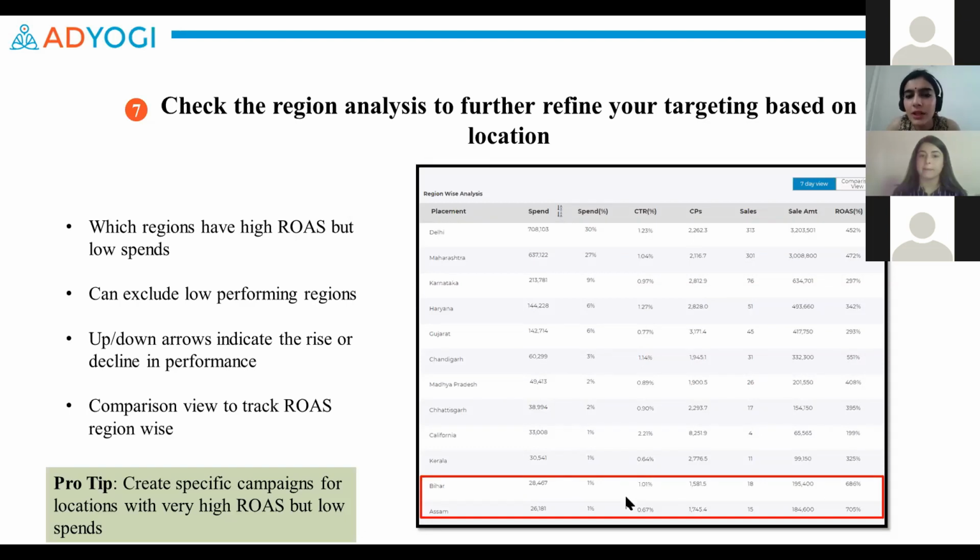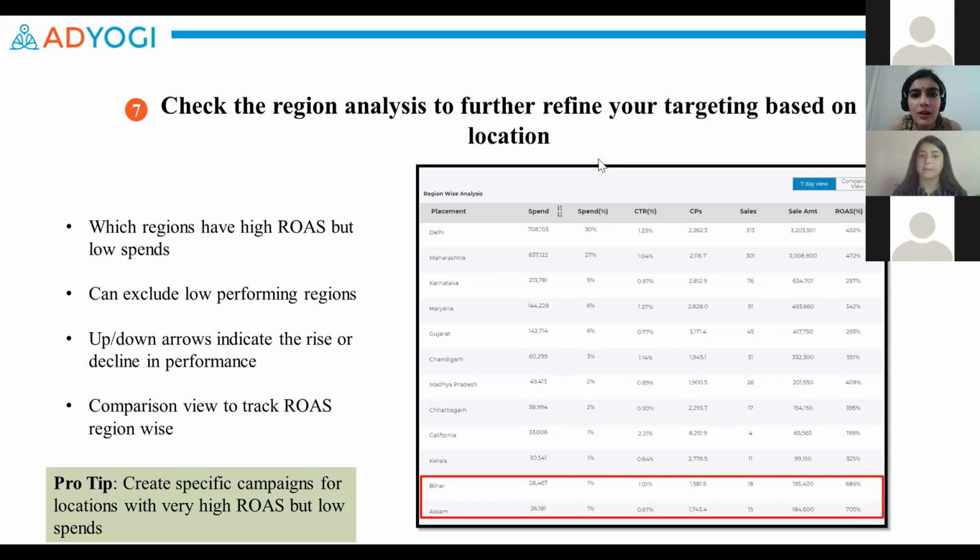Sometimes areas with high CTR also get higher budgets, but these high CTRs don't always convert into a high ROAS because the conversion rate or the cart to purchase ratio in these areas can be very low. In these cases, what we would recommend is that if there are locations with high CTR, high spends, but the ROAS is not up to the mark, we can try to exclude these areas from our ads, and that will automatically help us in increasing our conversion rate.